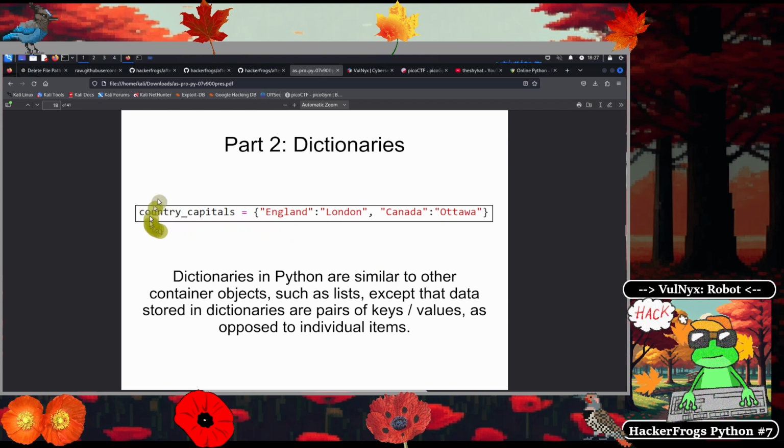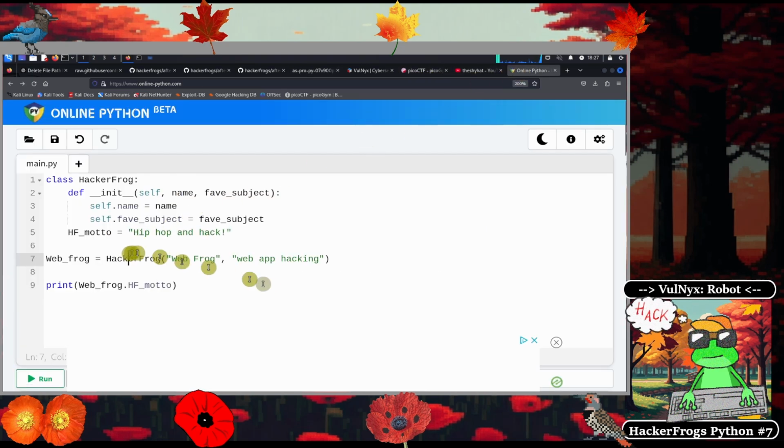So if you can think of something else that we can create as a dictionary, let us know in the chat. But otherwise, let's try recreating this. So over in online Python,